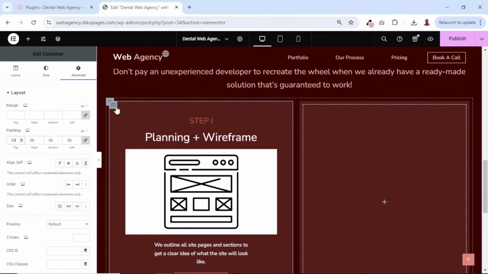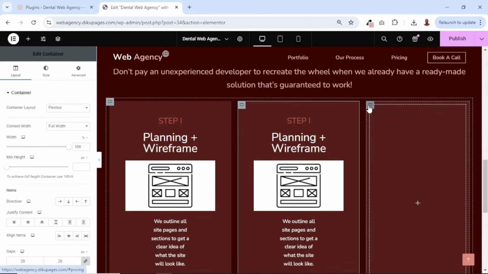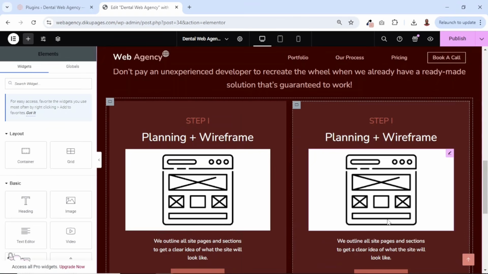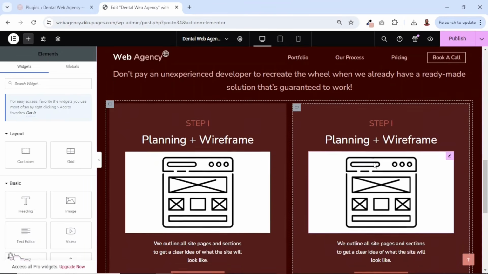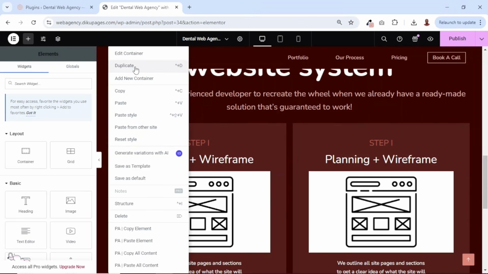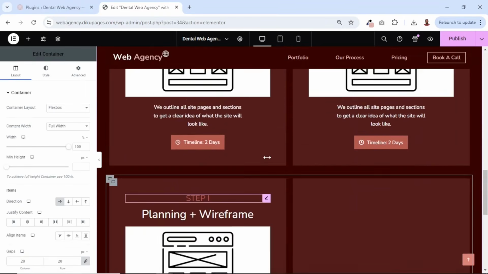What I do is I'll just go ahead and duplicate this container. Then I'll go ahead and take this one off since it's empty. Just right click on it, click on delete. Perfect. And the next thing I do is duplicate the outer container. So I right click on it, then I click on duplicate, so that I will have 4 steps, as you